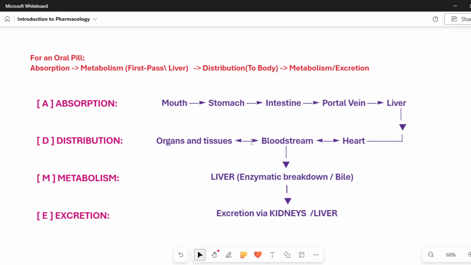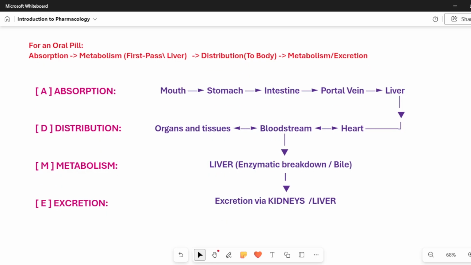After everything is over, it is pushed back into the bloodstream. Then it enters the liver for the breakdown of the remaining drug present in the bloodstream, and finally it is excreted via the kidneys and the liver. So this is the entire process of pharmacokinetics. Hope you have understood till here.